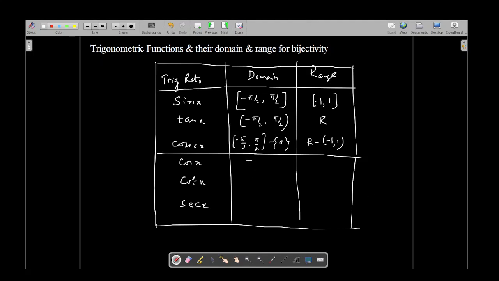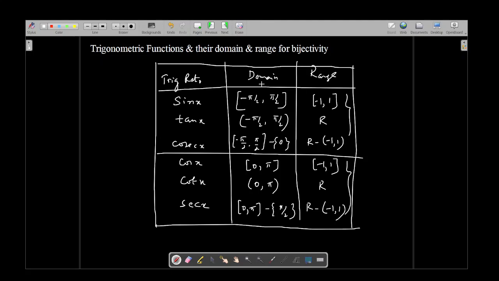For cos x it is 0 to pi. For cot x also it is 0 to pi, but both are not included, an open interval 0 to pi. For secant x it is 0 to pi, and pi by 2 is not included. The next, the range is minus 1 to 1. This is complete real numbers, and R minus (-1, 1). So you can clearly see a pattern here. This is easy to remember, so I highly recommend you follow this only. And let's move on to